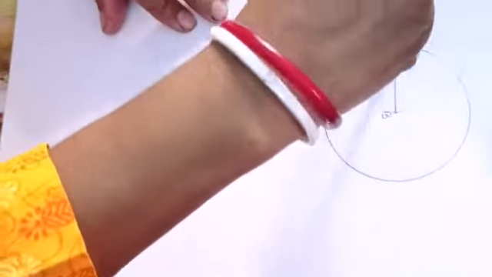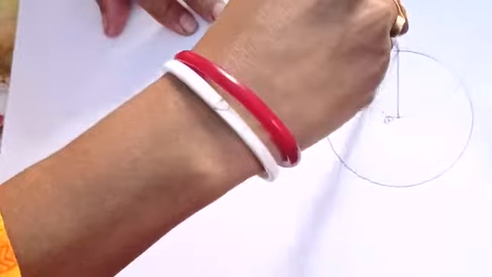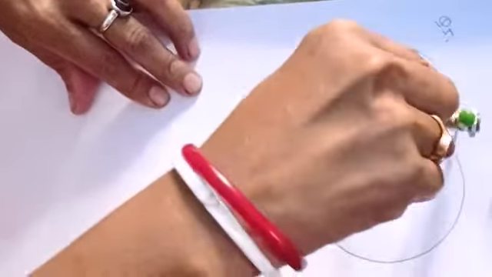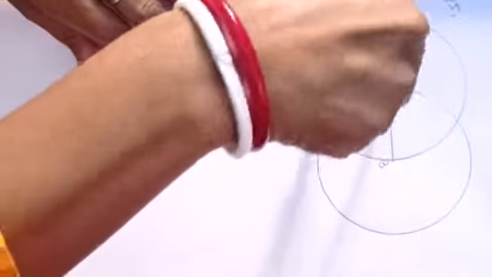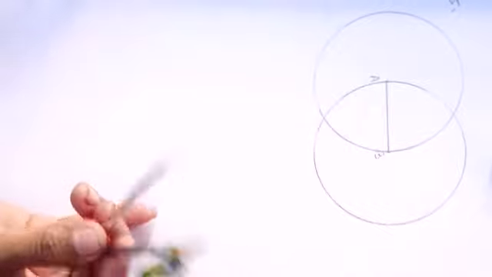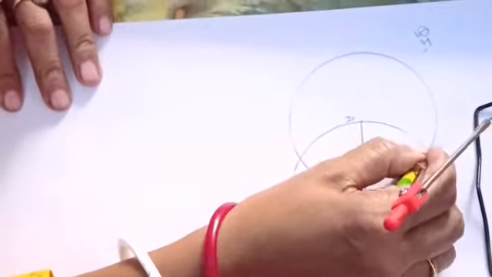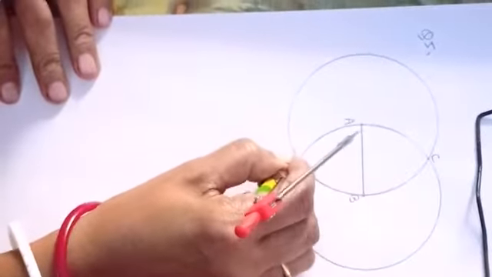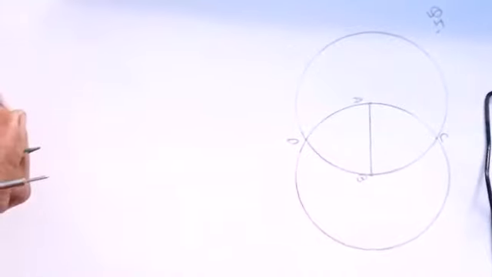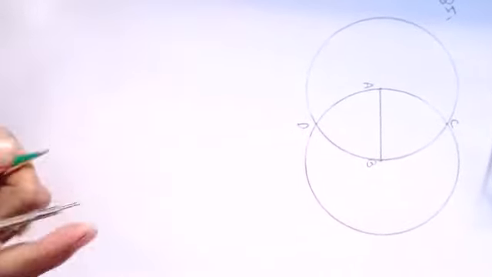So point B will be one point on the circumference. That's why AB is the radius. So these kind of two circles you have been asked to draw in this case. Then let them intersect at C and D. So this intersection point, let's name it C, and this point D. Here you have been asked to examine whether AB and CD are at right angles or not.